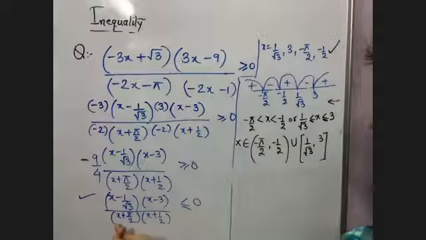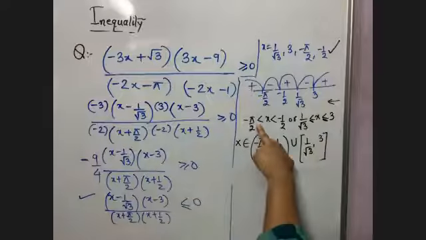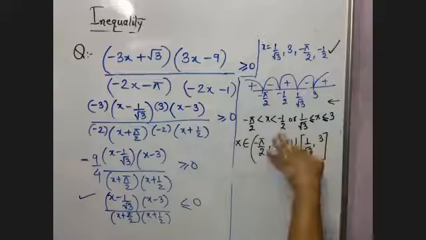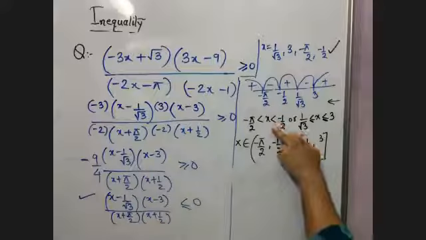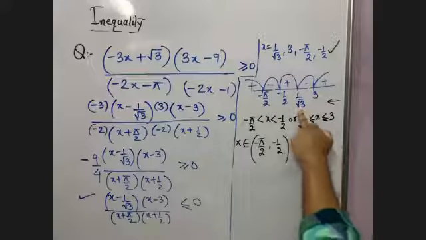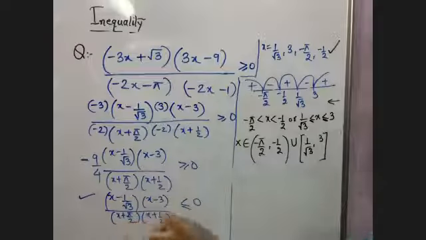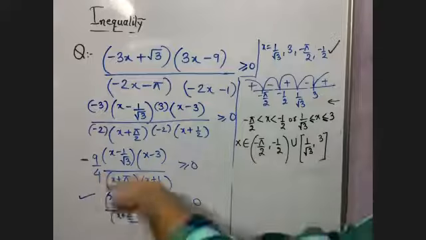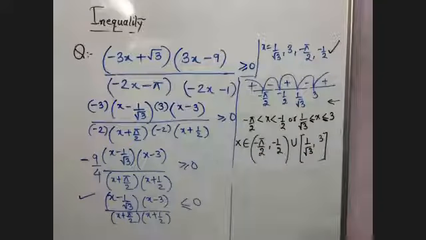If I put x as -π/2, the denominator will be 0, so it should not be included. Okay, I removed it, it is not there. If I put -1/2, it is 0, so it should also be excluded. If I put x equal to 1/√3, the entire thing is 0 and we want 0, so the answer can be 0, taken. x is equal to 3, the entire thing is 0, we want 0, taken. I hope now it is clear to everybody.